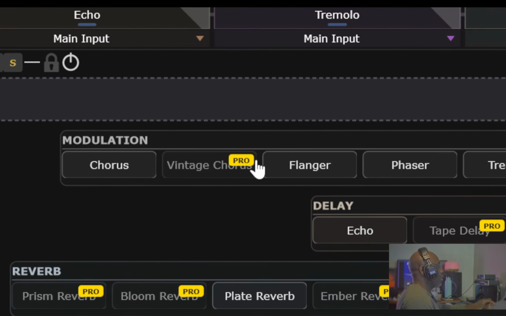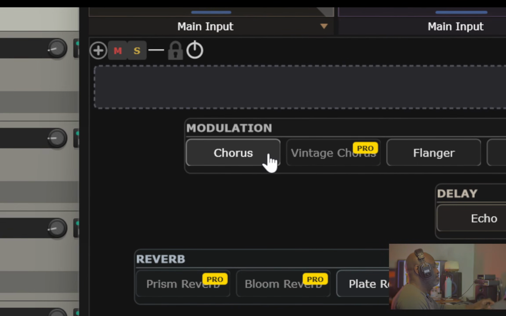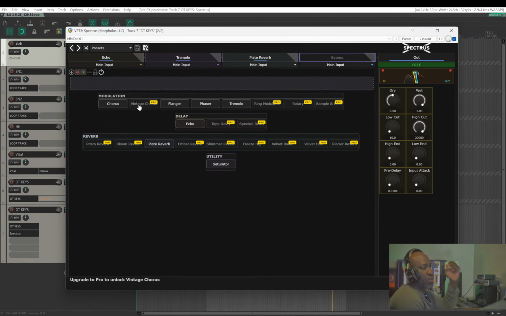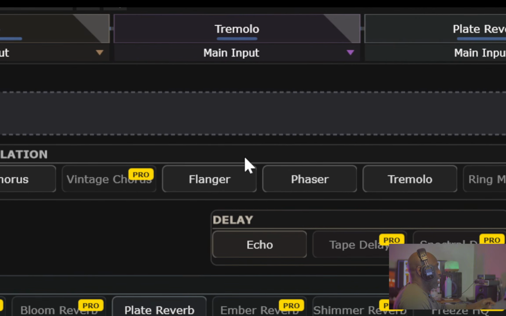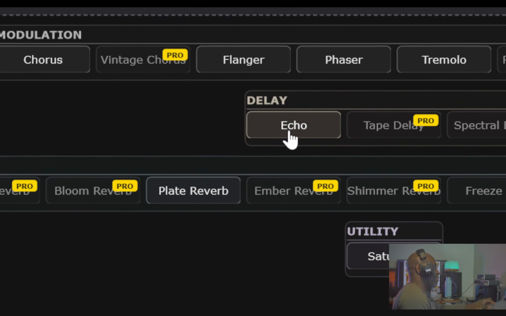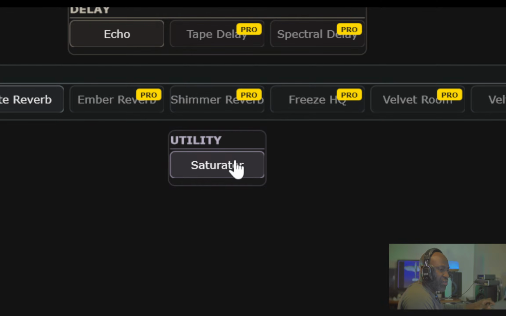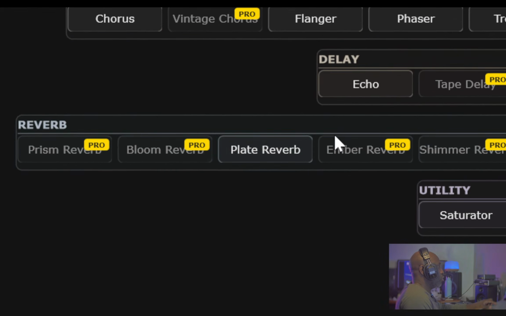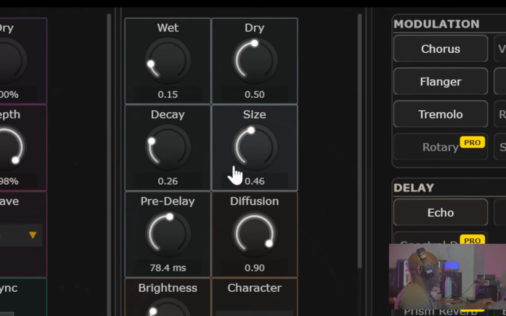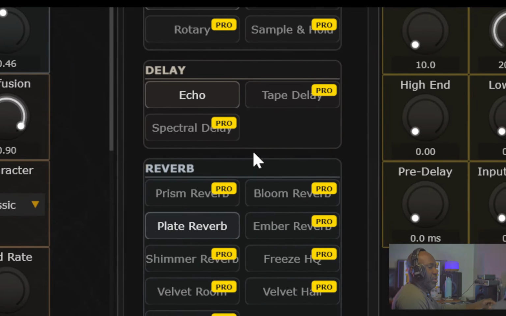So anything that says Pro is for the full version. But you still have a decent amount of options under the modulation category. Under the delay category, we have one delay, and under reverb, we have one reverb available, and then they have saturation. So you can fill each slot up. There are 4 slots. You can fill them up